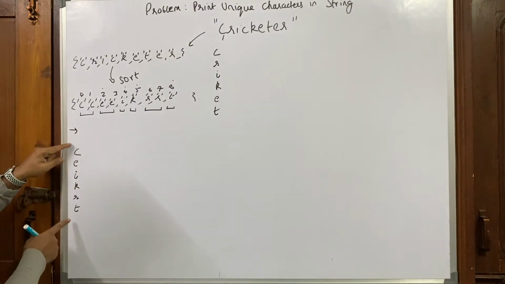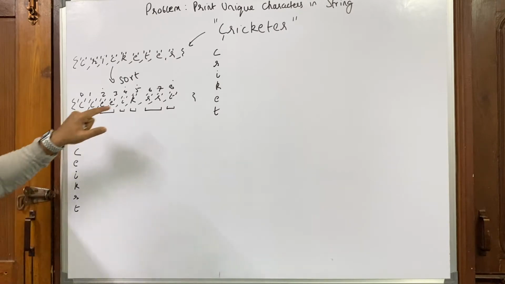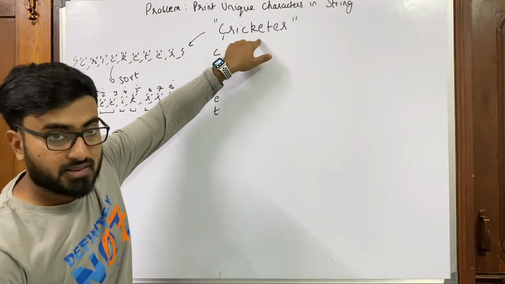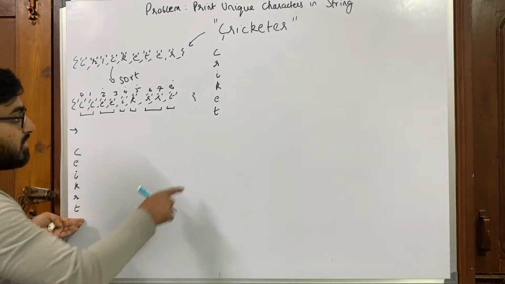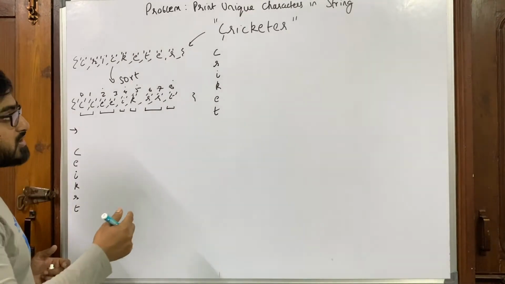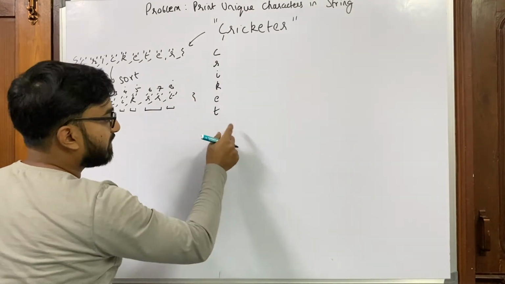The order in which the characters are printed does not matter in this case. They can be in sorted order or in the order that they appear in the string. So this output is correct as well, and this is correct as well. If you want me to write a solution that prints the characters in this order, you can mention that in the comments.